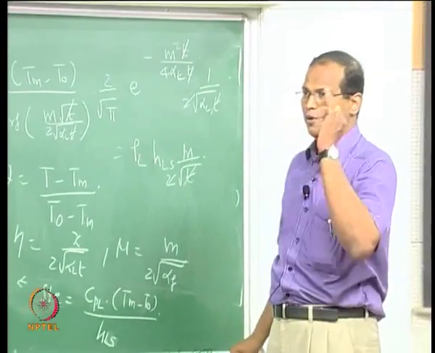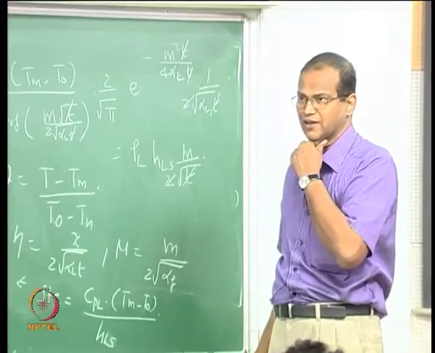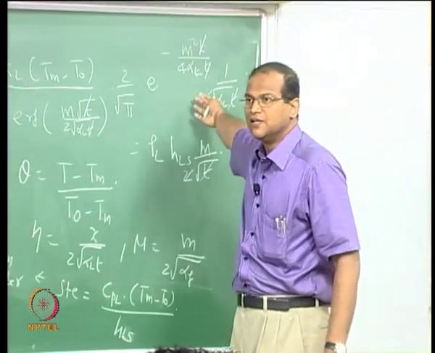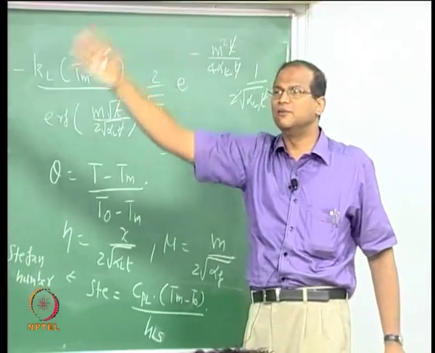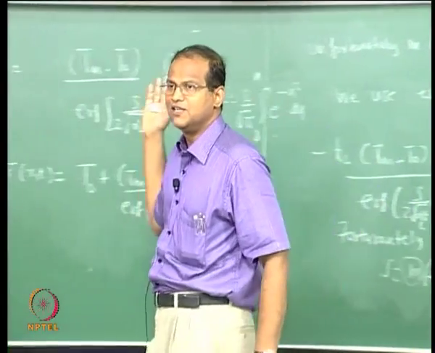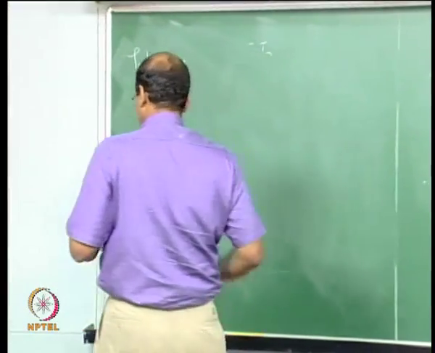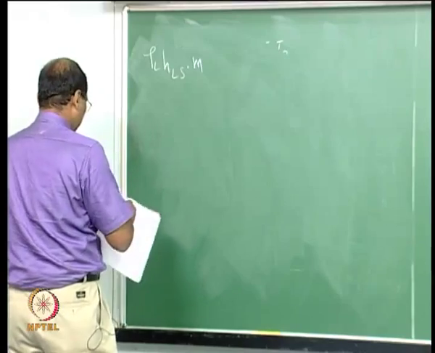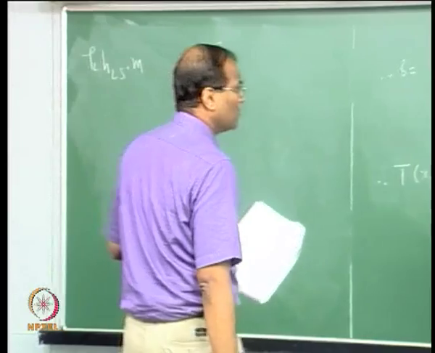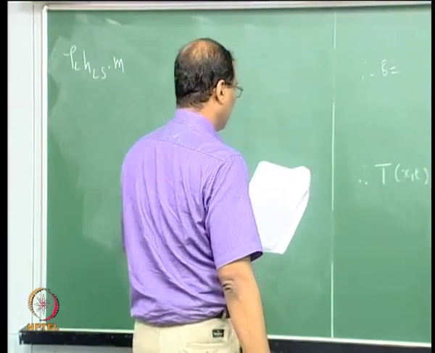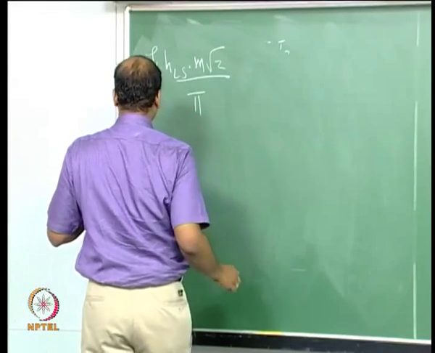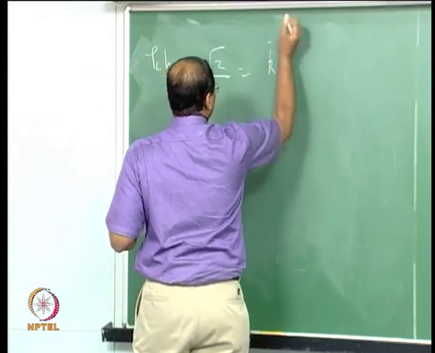So what is the beauty of this? When you propose that s is equal to m root t, the t disappears from this equation. S already disappeared from this equation because we differentiated at x equal to s. Therefore now it is a simple equation to solve. Now let us do that. So rho L HSL m by m root 2 by pi is equal to KL or KF?